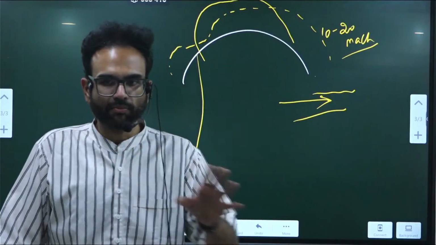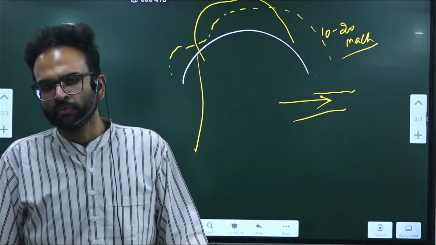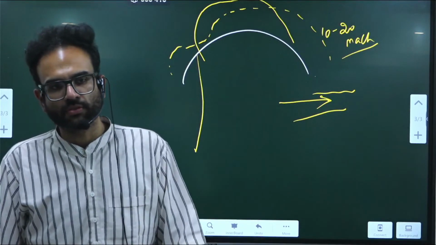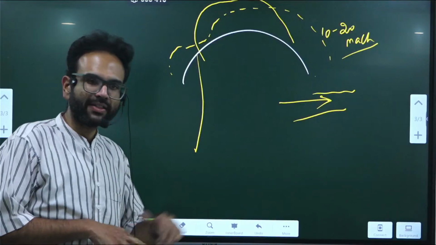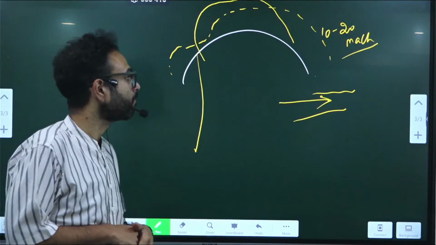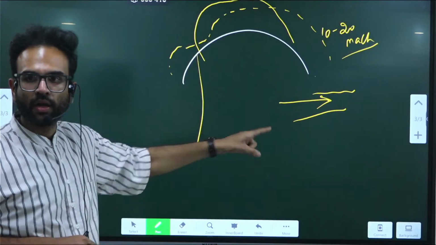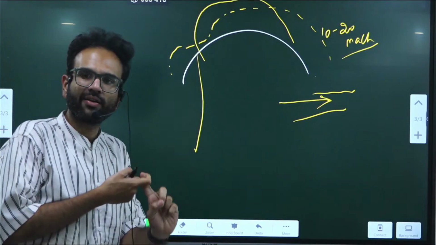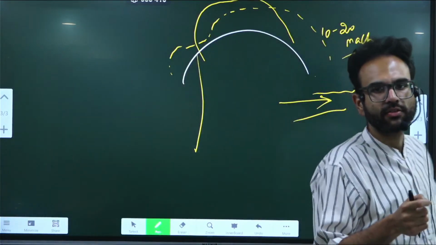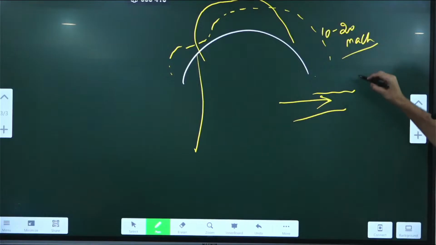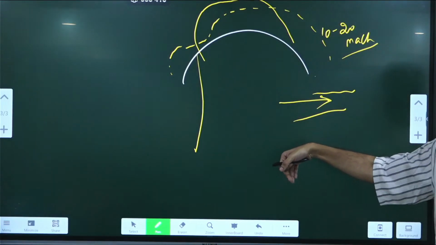So another topic that we will be talking about is air defense, advanced air defense. Okay, we will see all of those separately. These are the basics. So when they're entering into our atmosphere at 10 to 20, one more area where you can expect a question is what kind of materials should the missile be made of so that when it enters our atmosphere again, it is